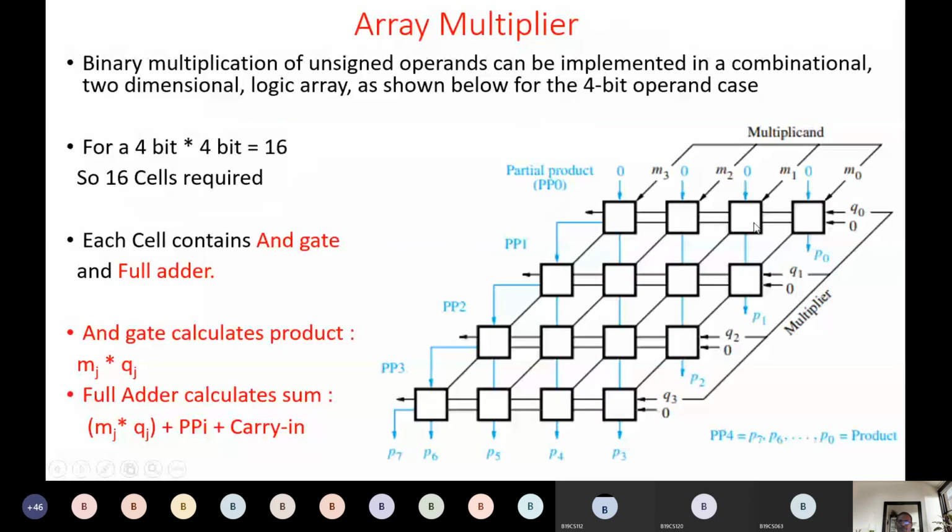At each cell, partial products are generated. The set of all these partial products we call PP0. The next set of partial products generated in these four cells we call PP1. The next set generated here is PP2. And finally we get the final product. All the cells kept together: for example, 4-bit into 4-bit, how many bits do we have in the answer? The answer is 8 bits. For n-bit into n-bit, the answer is 2n bits, which is 8 bits. The end result, the product, is 8 bits.